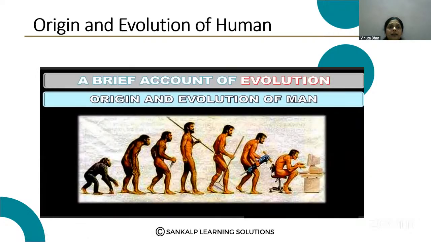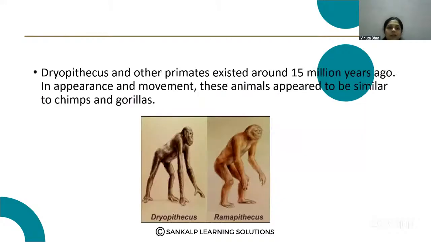The next very important topic is origin and evolution of man or human beings. So how they originated, at what time period they evolved, and everything about how the human beings evolved, from their basic body form to the advanced body form, how they developed, that we are studying. In this picture you can see how the organisms are evolving. Okay. The first